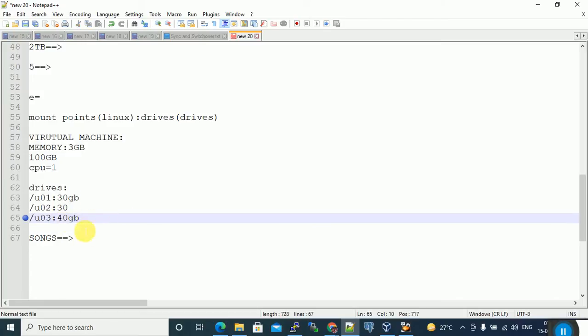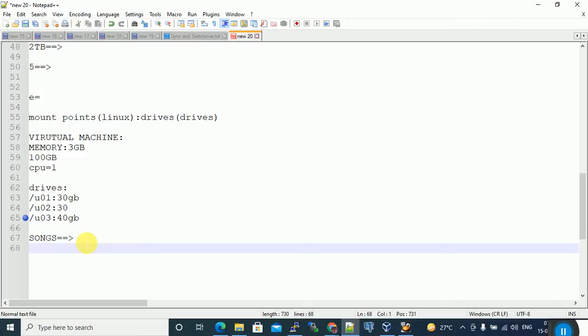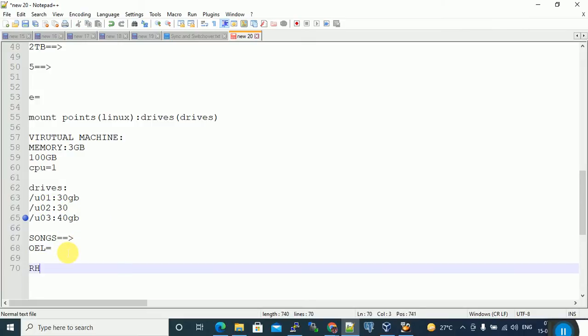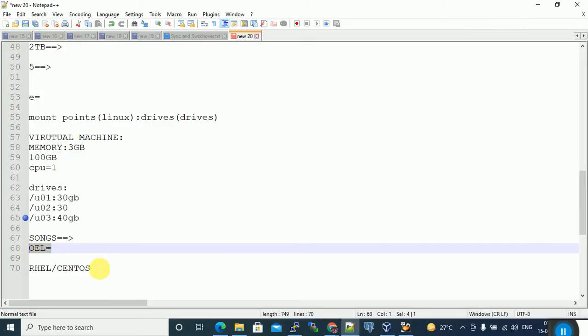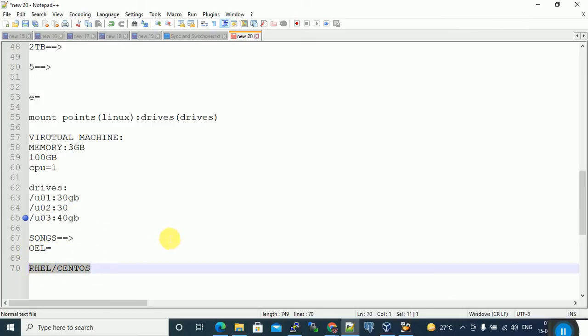Mount point, suppose we are trying to install OEL. In the course, we covered Oracle Linux. Suppose you want to install RHEL or CentOS, the installation steps and mount points are the same. The installation steps followed for OEL are applicable for all Linux flavors.